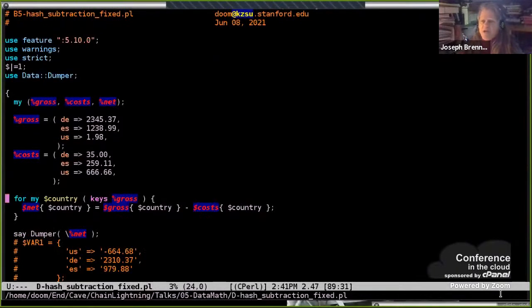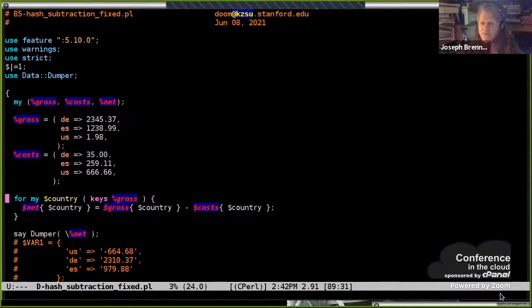in any case, right? So I'm sure we can all knock out some Perl code to do more or less the right thing with this, like this, for example, just three simple lines. We go over the keys and do it explicitly, except there's a bug in here. I would call it a somewhat subtle bug. It's kind of insidious in that we could have a key in cost that is not there in gross. So we could be silently dropping information on the floor with some code that looks like it's working in most